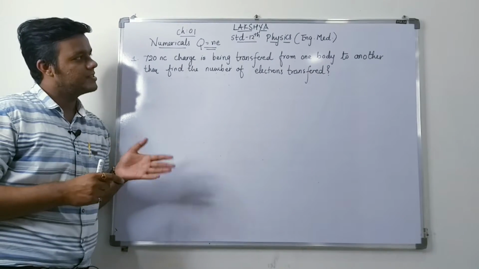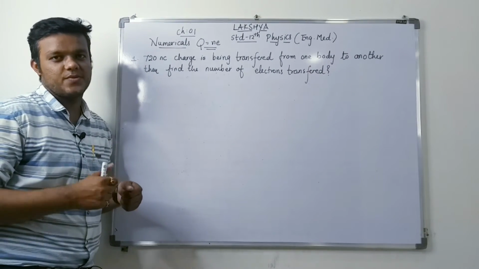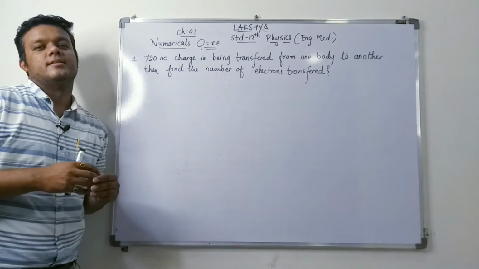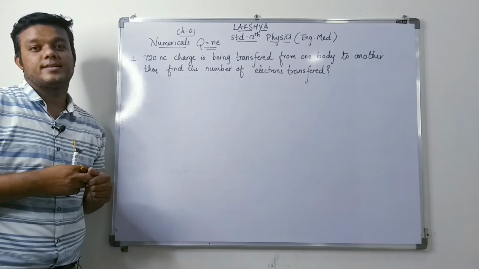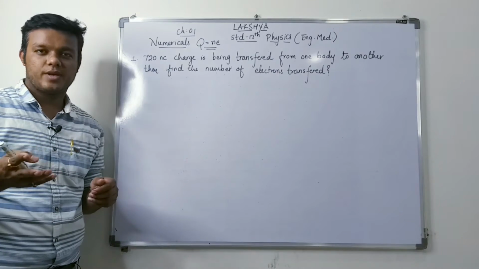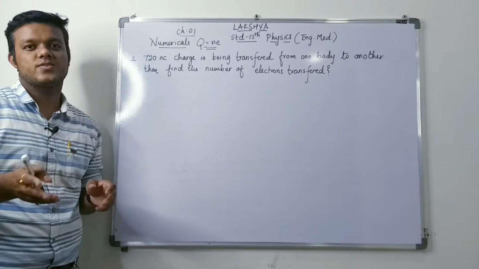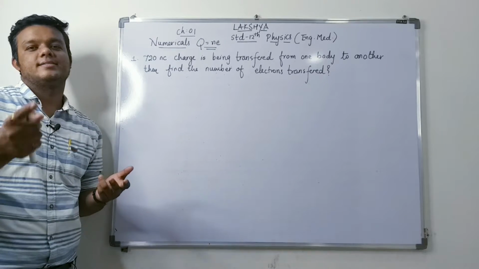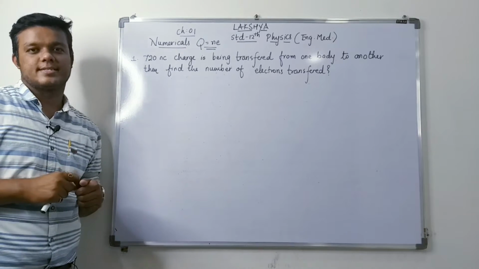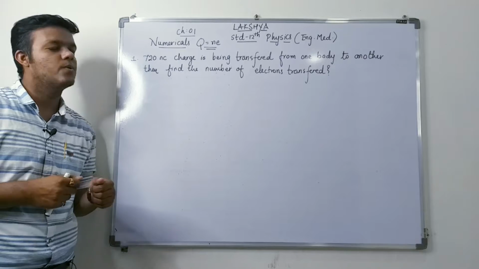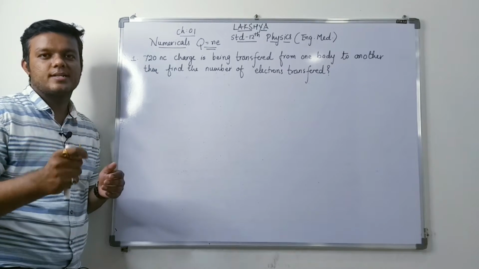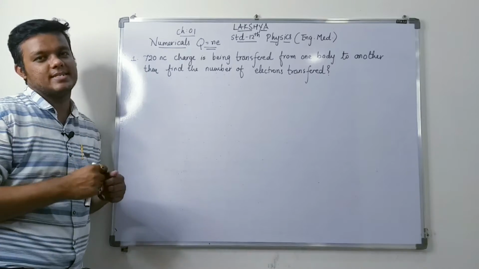In part 1 of Physics Standard 12th English medium, we discussed what charge is, the gold leaf apparatus and all. In part 2, we discussed properties of a charge: additivity, conservation, and then the last one was quantization. Now in this video, we will be calculating the numericals on the basis of quantization,